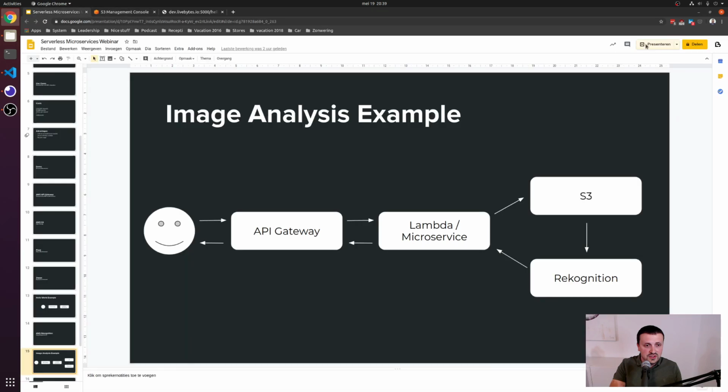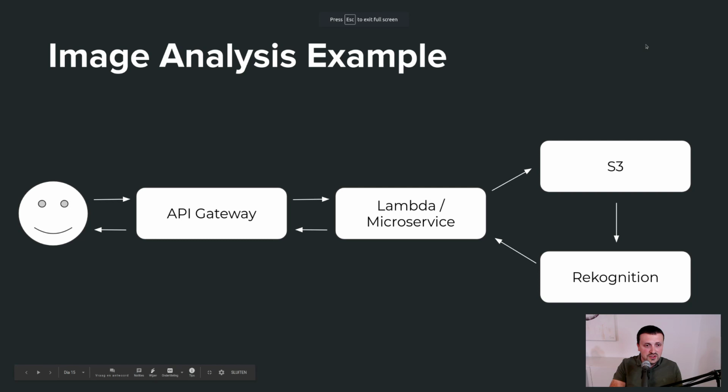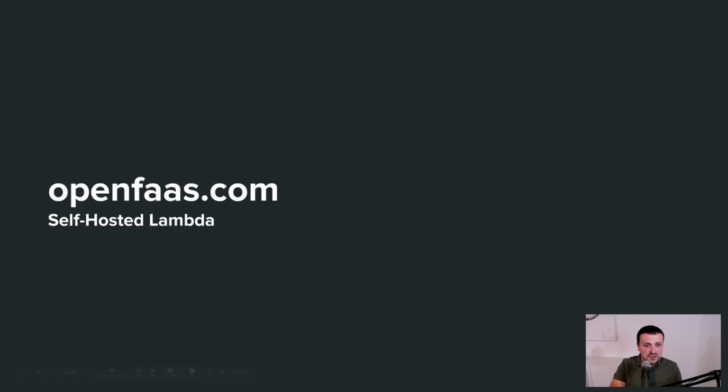So that was another example of how you can, of course, deploy everything. So say you want to host it yourself, which for some reason people still want to do. But I can imagine if you have a real big security concern, they don't want to have it on Amazon or whatever, you can still self-host Lambda as well. They have that on openfast.com. If you go there, there's all kinds of documentation on how to set that up. I'm not going to go into that right now, but